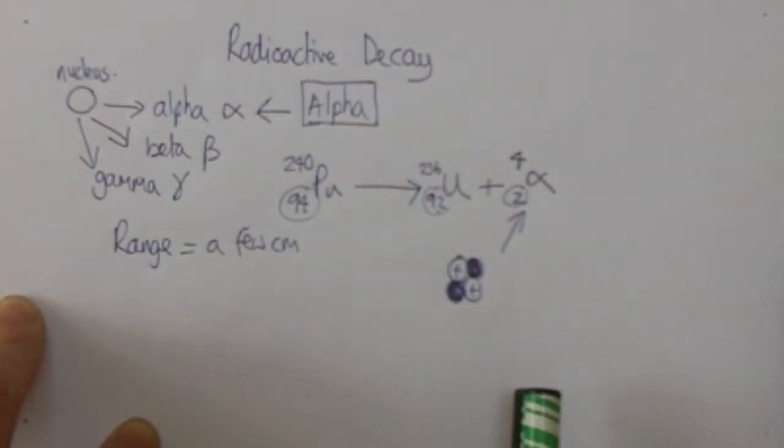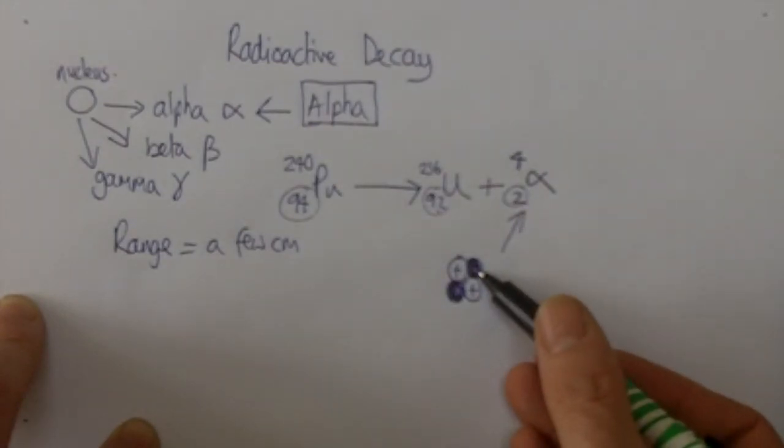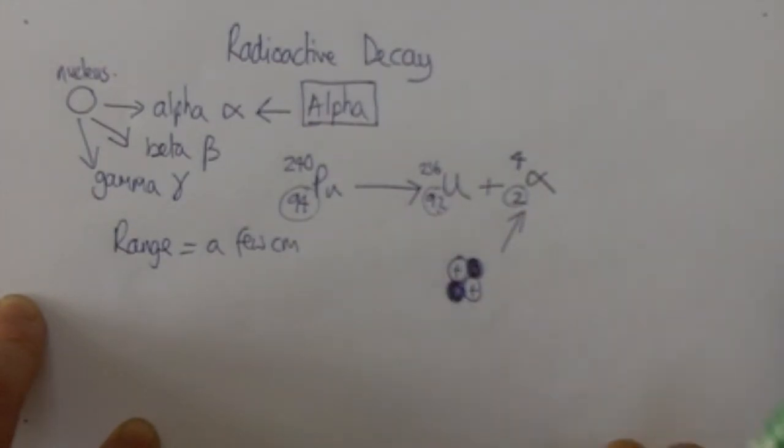The reason that their range is a few centimeters is because they make lots of collisions with molecules in air, and as they do so they ionize them. Now as you remember from P2, ionizing means that they can remove electrons, or they can charge an atom in some way by knocking out electrons, or they can gain electrons from other places